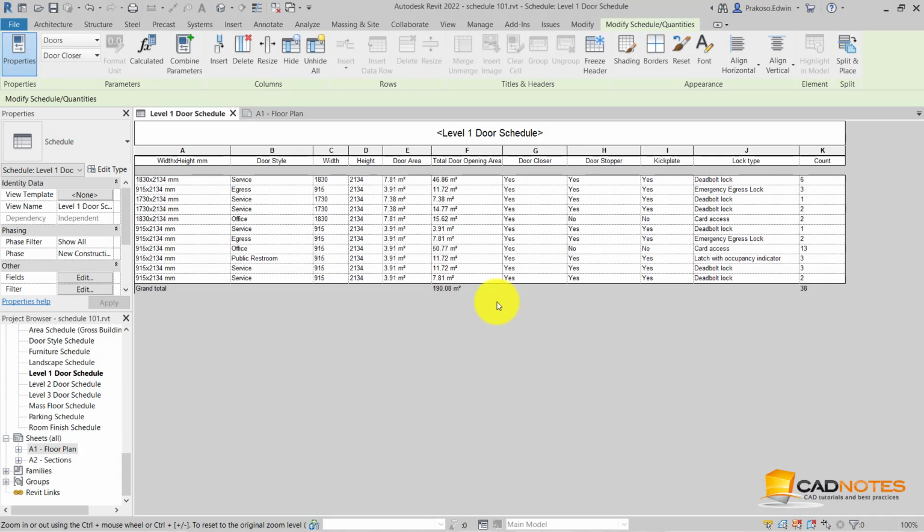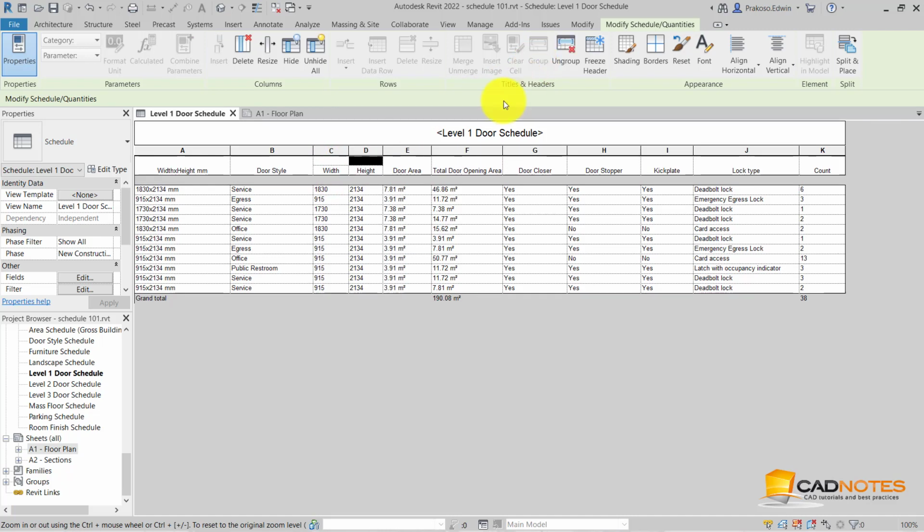Now let's change the schedule appearance. First, we can group the fields or parameters that fall into the same category. For example, this width and height, I'm going to group them. So we can select them by dragging the mouse and we can group them.